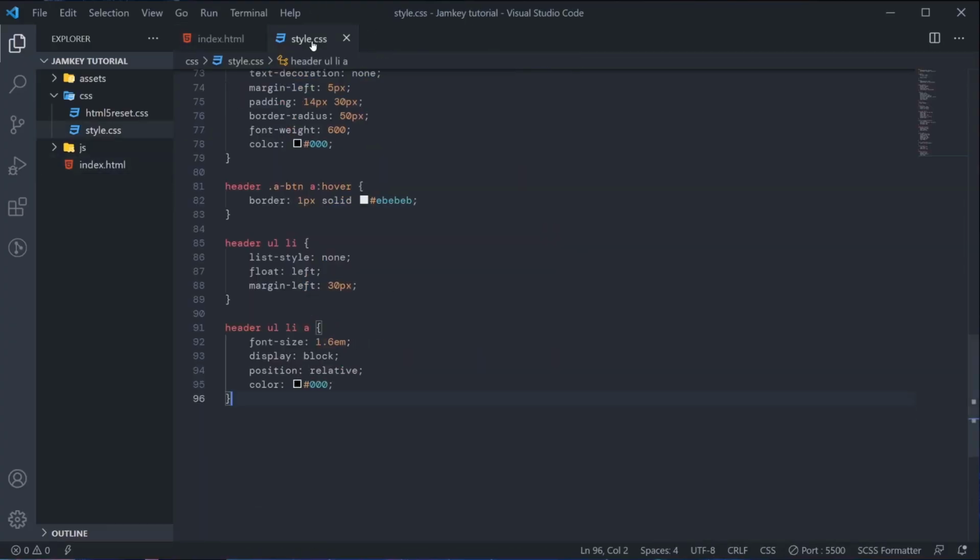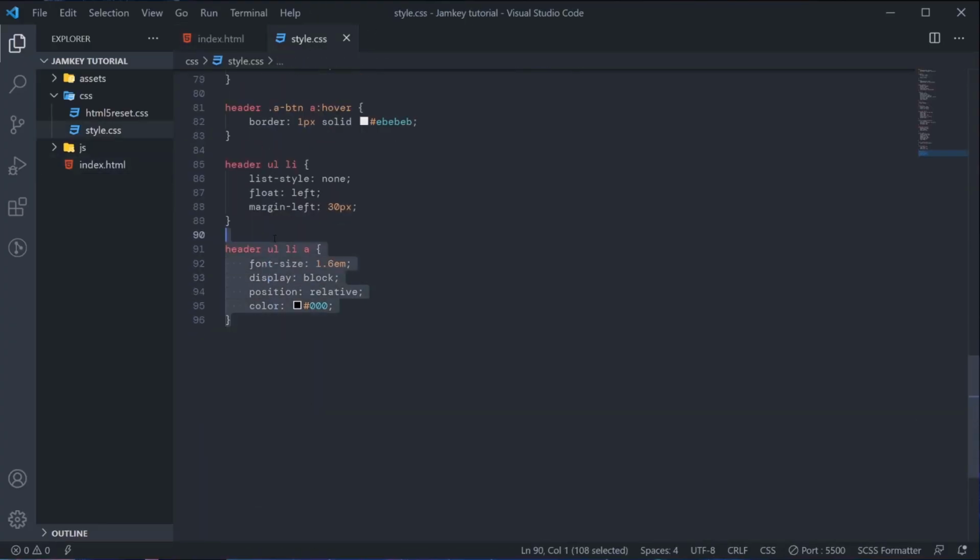I'll go to my style sheet here. I'll target the span. We need font size. I'll set font size to 0.6em.